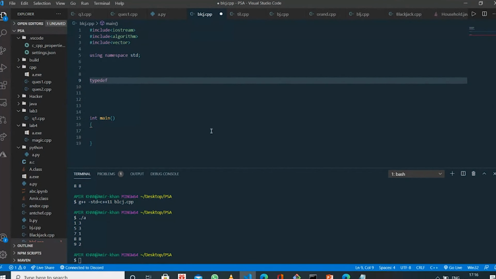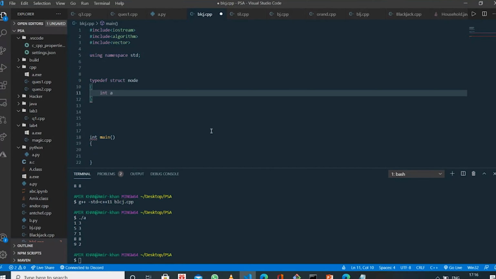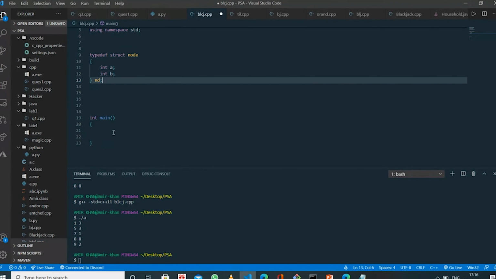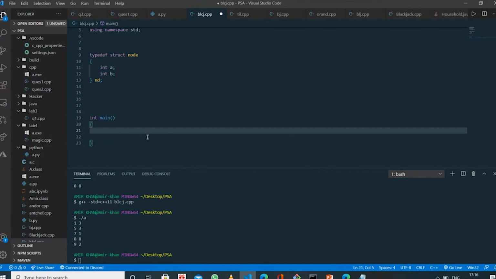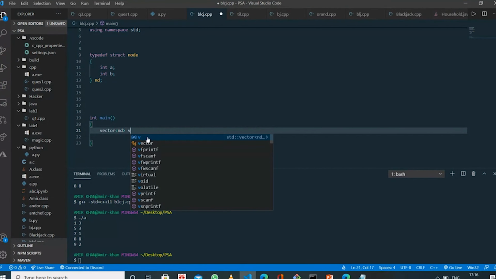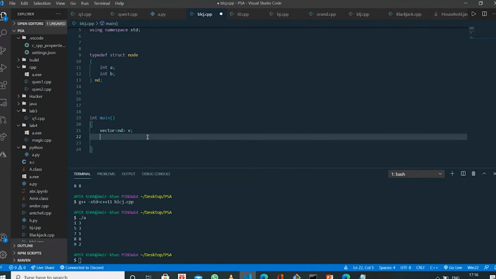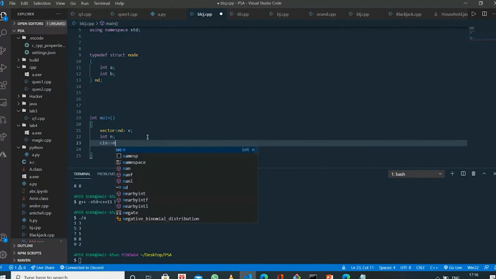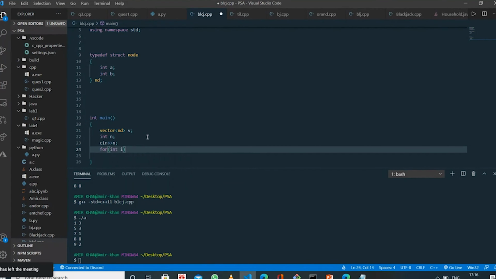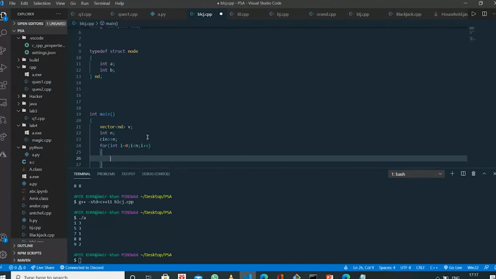Okay, struct. So you will make a vector of the class name, and you will take an input with cin.